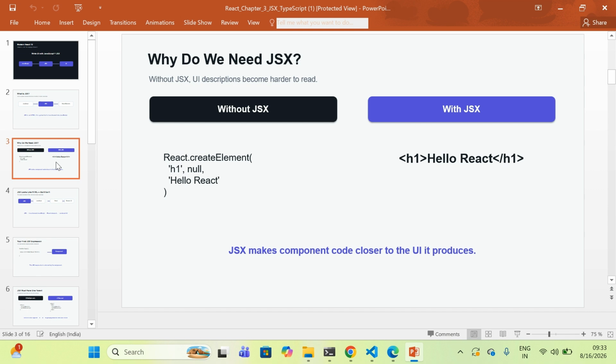So why do we need JSX? Now you might be wondering, if JSX isn't HTML and the browser doesn't directly understand JSX, why do we use it at all? That's a very good question. And to understand that, let's briefly imagine React without JSX.